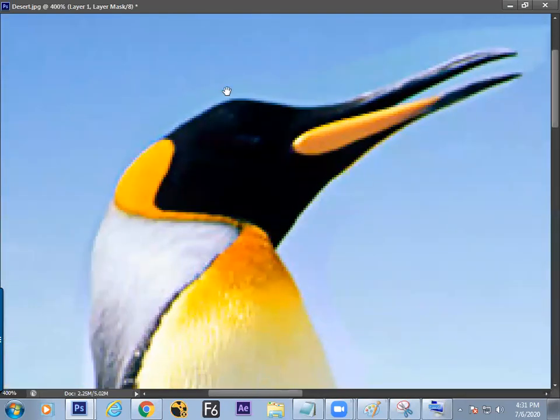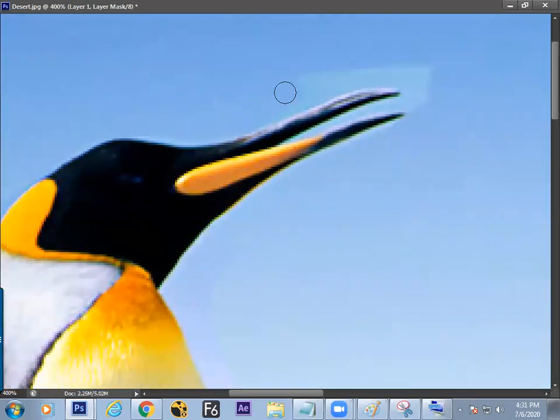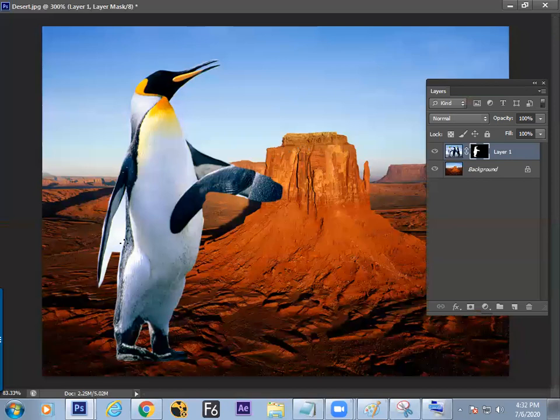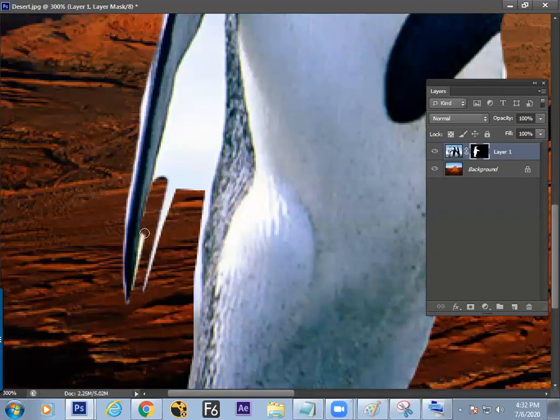This particular technique is technically called matte painting, because you are painting on the matte. And what is matte? Matte is black and white information where white shows, black hides. Get the brush size down and go on painting. Nothing to get worried about, because you can bring it up with the X command. Now it's easy, right? Here, no selection tool, only the brush. Increase the brush size, change the color, sometimes paint white, sometimes paint black, and hide it up. Bas.